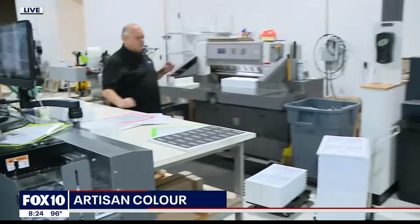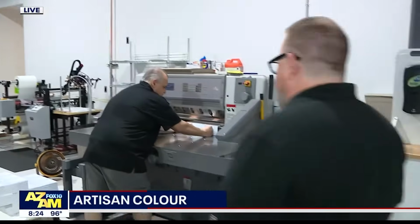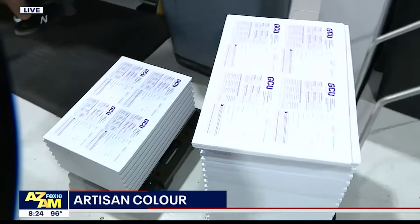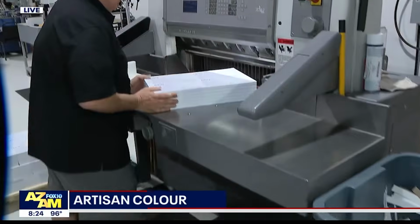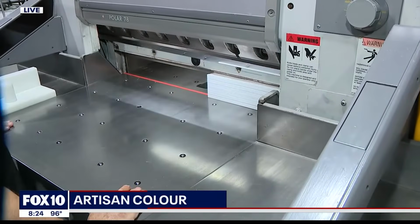Wow. So talk about what else we're seeing here. Yeah, and in this room, we do a lot for our clients, like Grand Canyon University. Right here, they're doing all the cutting and setting up. We do all the finishing in here, so round cornering, drill holes, UV. So we have this whole UV